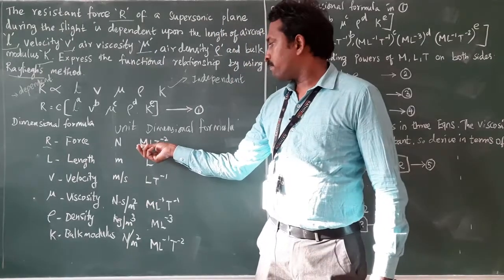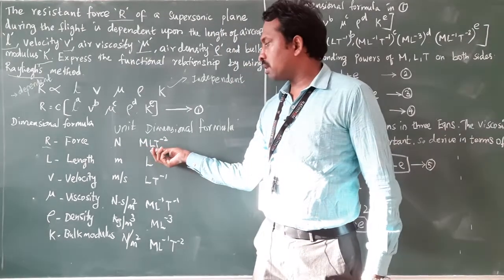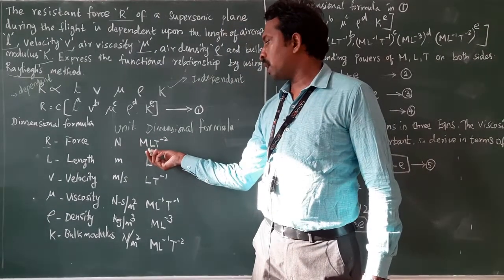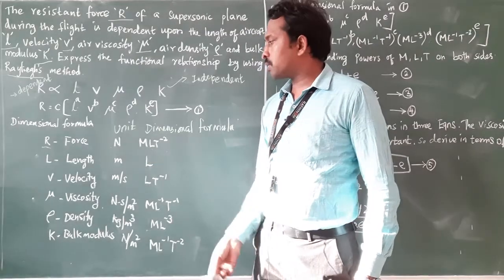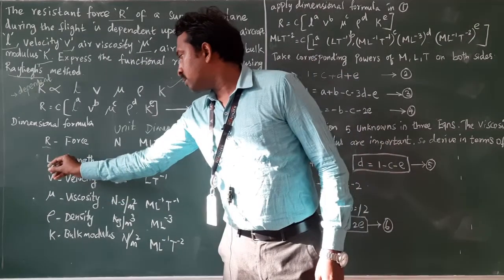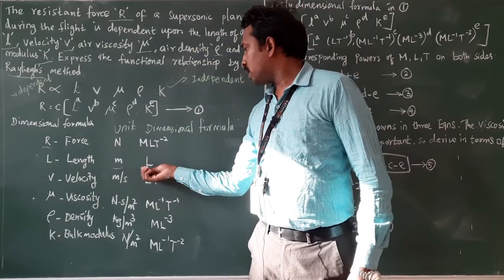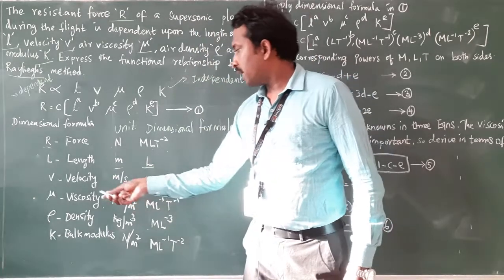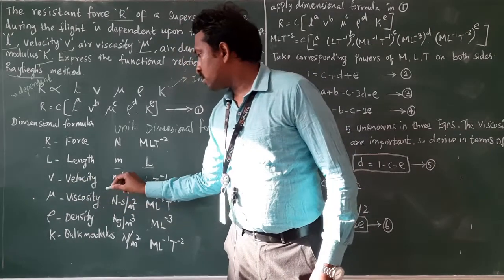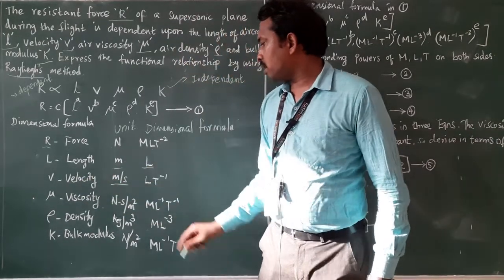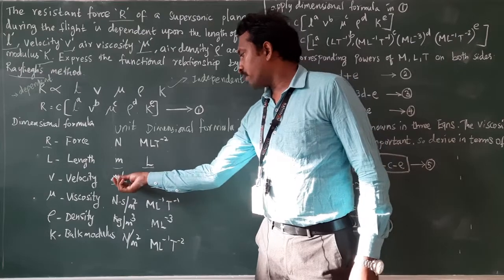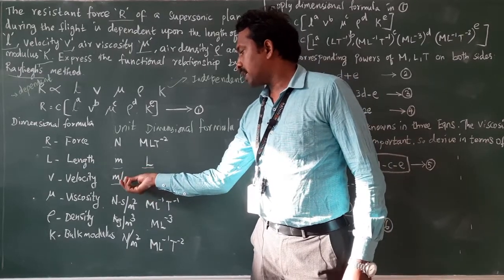Already we know the dimensional formula, which is M L T power minus 2. Next, length L, unit is meter and dimensional formula is L. Next, velocity unit is meter per second, and the dimensional formula for meter is L and per second is T